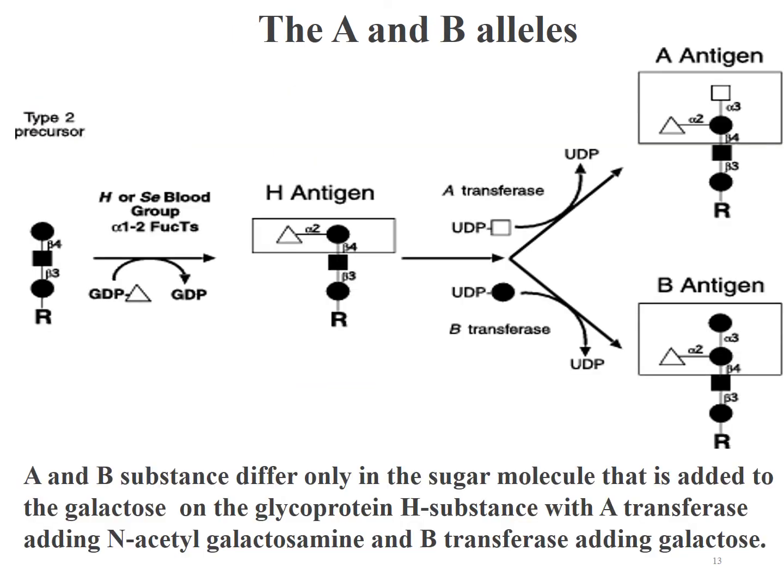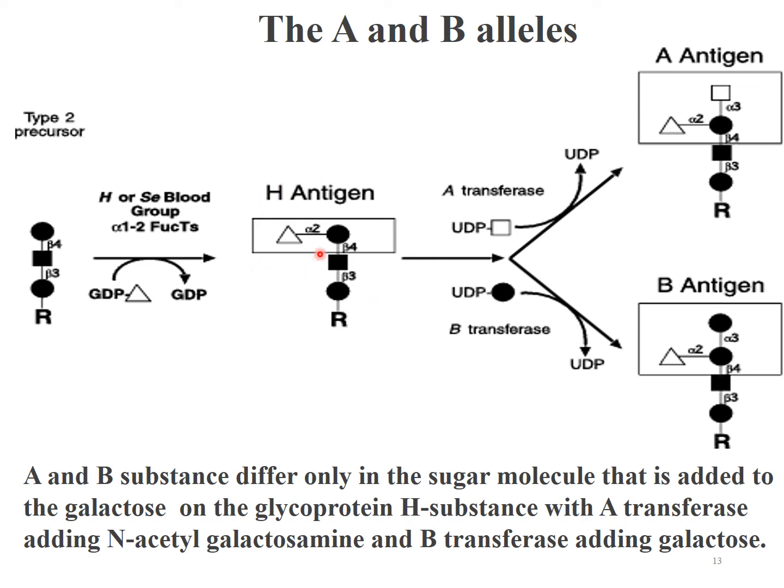Okay, here is a diagram showing the formation of antigen A and antigen B. So for all blood types, we begin with this precursor structure, which is also known as the antigen I or the I substance. So with the H gene encoding for the enzyme fucosyl-transferase, we can then transfer a fucose molecule to this I substance, making the H substance or the H antigen, which is also the antigen on the surface of blood type